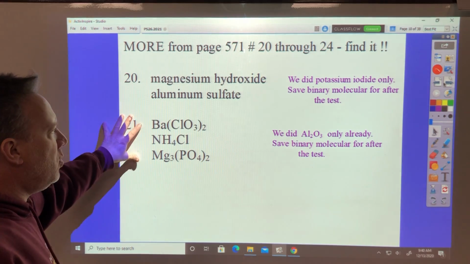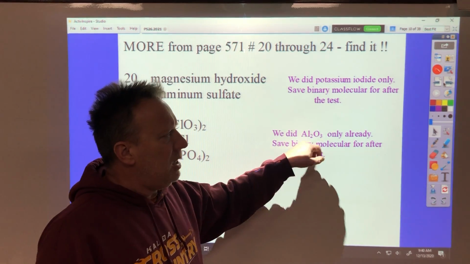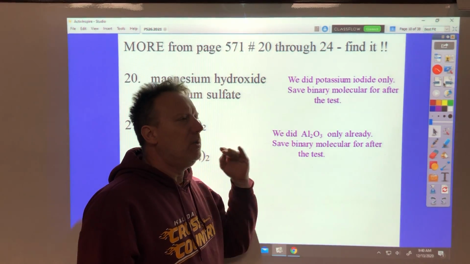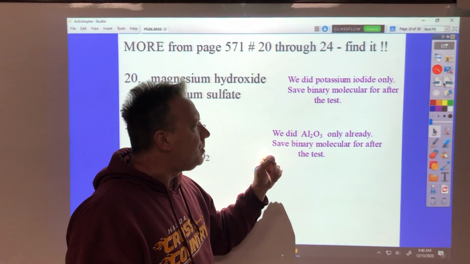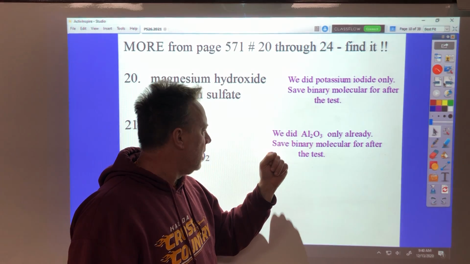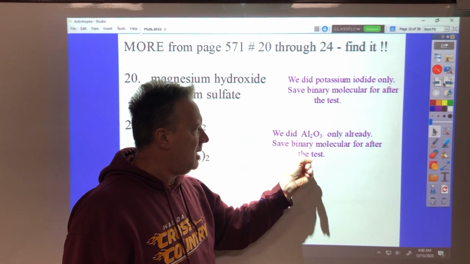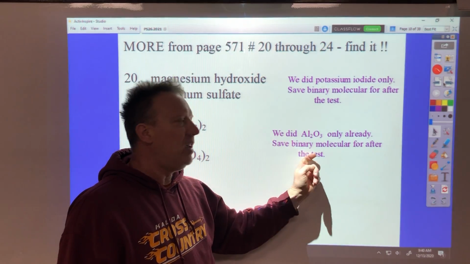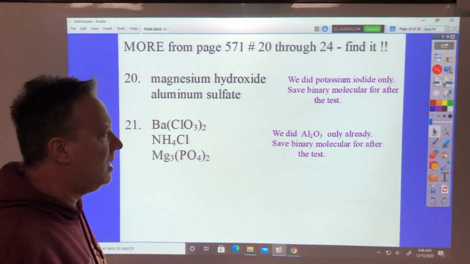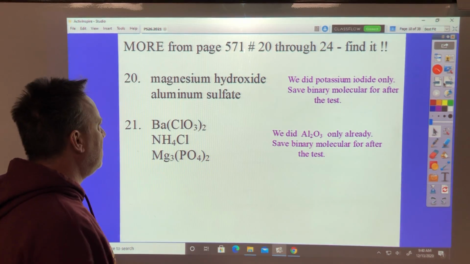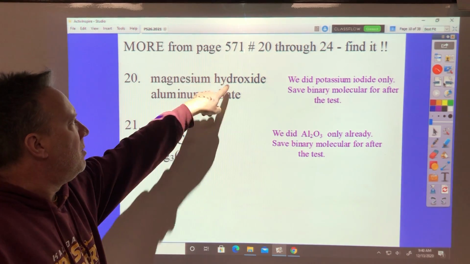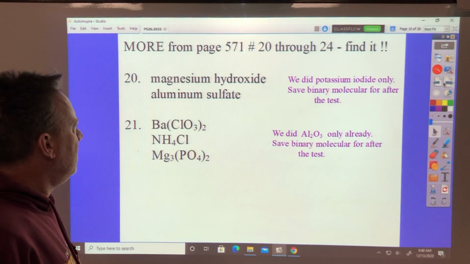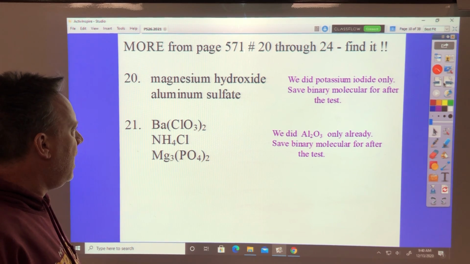And on number 21, we already did Al2O3 because it's binary. It's only got 2 things in it, aluminum and oxygen. There are a couple of binary molecular things in there that we will save for after the test, because that naming system is too different from this. Okay, so you had to write chemical formulas for magnesium hydroxide and aluminum sulfate, and name